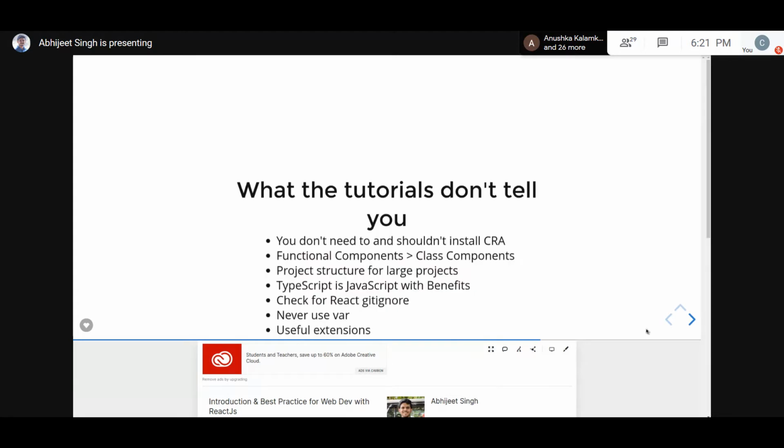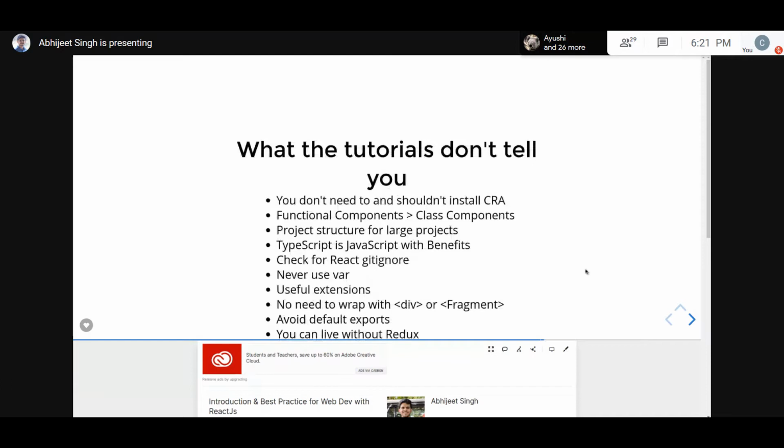Now, one thing I talked about in the starting was someone asked what is the difference between npm and npx. So that is related to this. You don't actually need to, and you should never, install the create-react-app library. Actually, if you already have it installed, if you followed some React tutorial that told you to do npm install -g create-react-app, you should immediately delete your create-react-app, because that will break. You should always use npx.